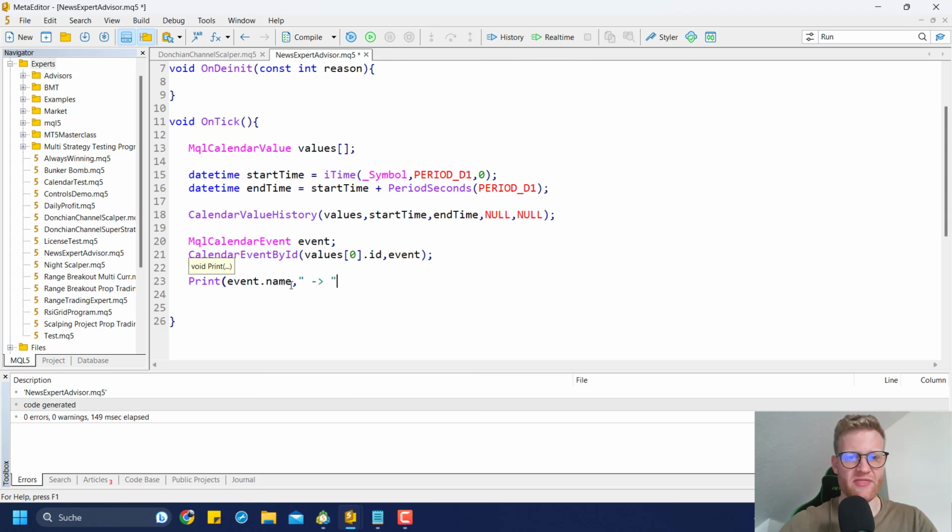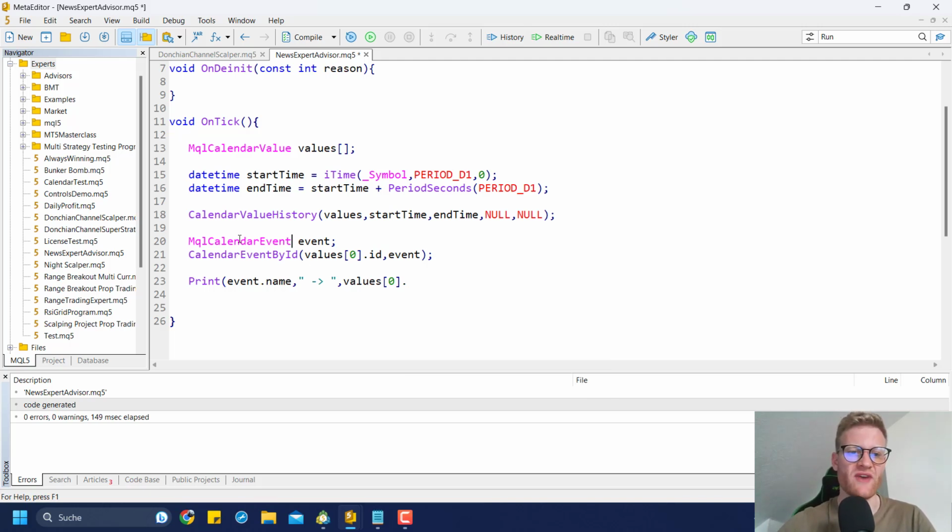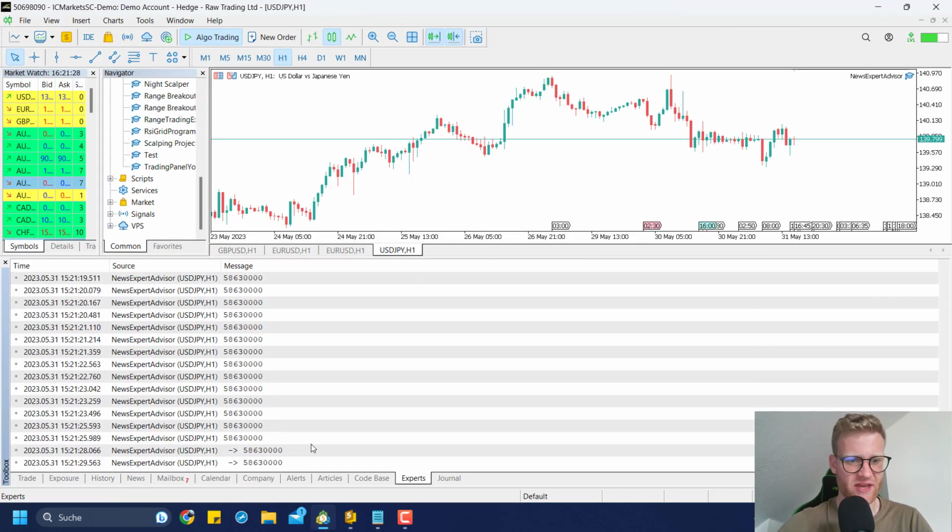So we have the name, and then we can get the value, and make sure to get the value from the values array, because again, you have to understand that values and events are treated a little bit differently in MetaTrader 5 programming. So the actual values, like the numbers, are always stored in the MQL calendar value structure, and the events, like the events that occur every single month, for example, they are stored in this MQL calendar event structure. So we get the actual value here, and if we compile this again,